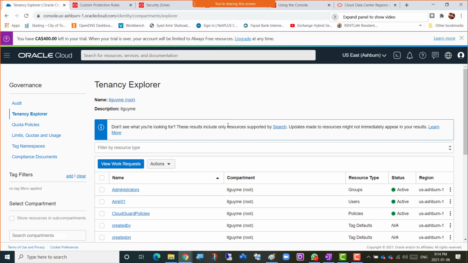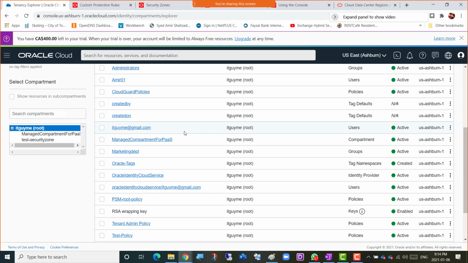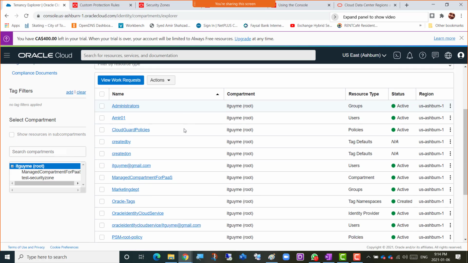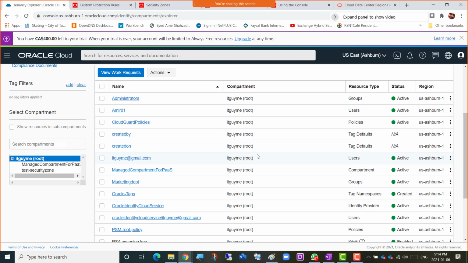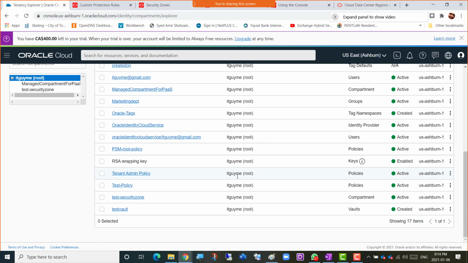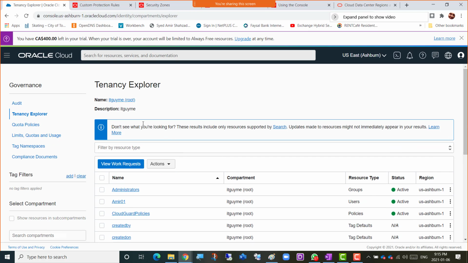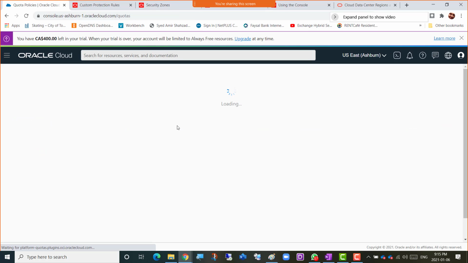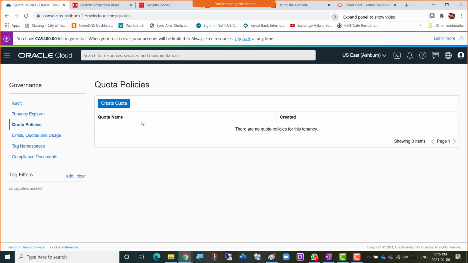Tenancy Explorer, you're just exploring that within your tenancy, how many groups you have, how many compartments you have, created by who, at what time, and is it working. So whatever resources were created, whatever tags were written there, you can just explore in the tenancy what has been configured by who. Quota policies, and that is also create quota for, you want to expand the storage, you want to expand the